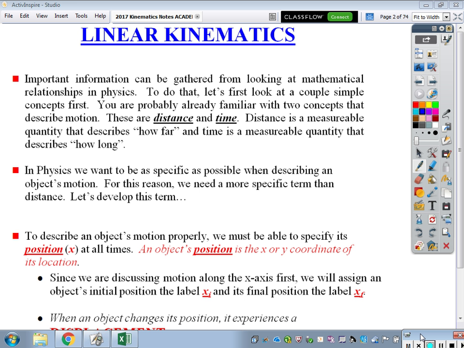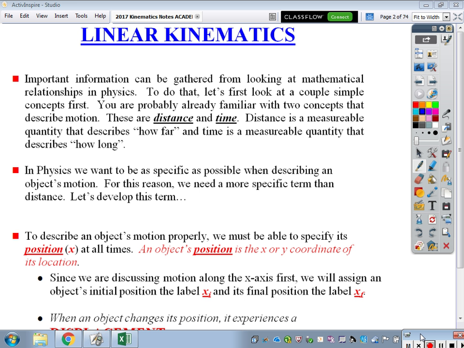Okay? So in order to study how an object moves, we really need to quantify a couple of things. Well, we typically need some sort of distance measurement of some kind to know how far something travels. And we also need to know, well, in what time frame does it do that? Okay? So if we can figure out a distance, how far, and a time component of how long it takes for that to happen, we can get a pretty good idea of what's happening on the motion perspective